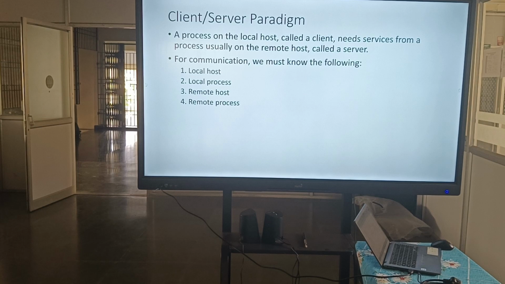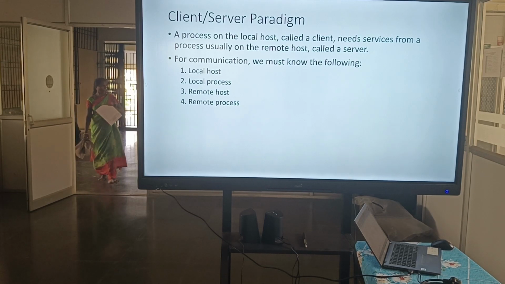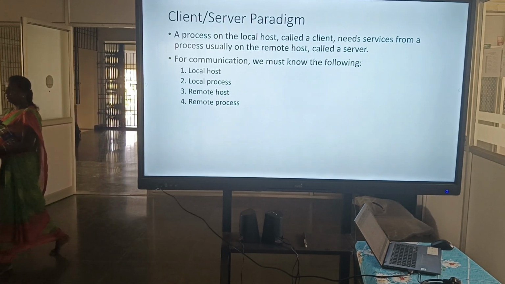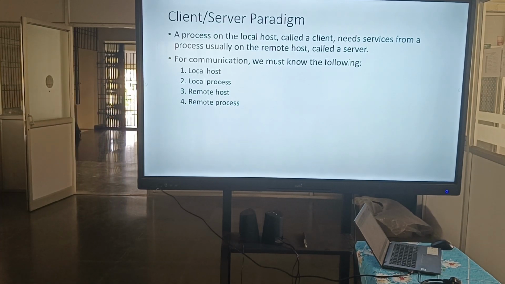Who is the server? Who provides the service. So that mechanism is used in your transport layer. So a process on a local host is called a client, and